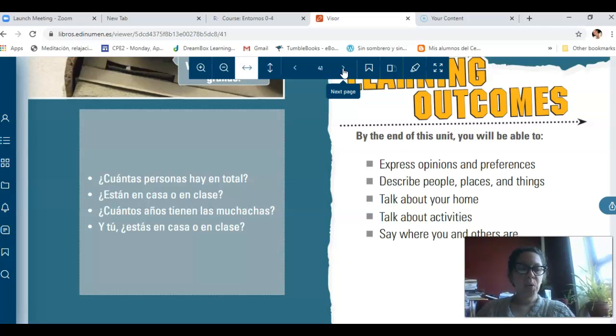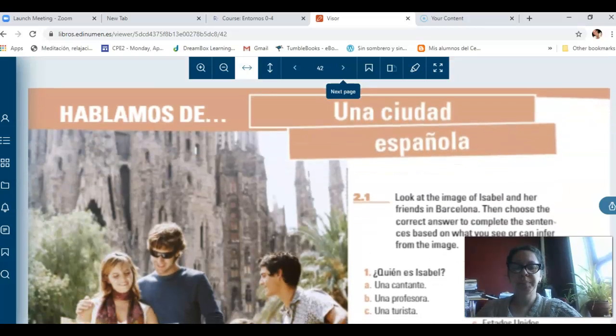Y vamos a decir, we're going to say, ¿dónde? ¿Dónde estamos? ¿Verdad? Y ¿dónde están otras personas? También vamos a decir cómo estamos. ¿Dónde estamos y cómo estamos? How we feel and where we are located. ¿Ok? Bien, en la sección de hablamos de, in this one, vamos a hablar